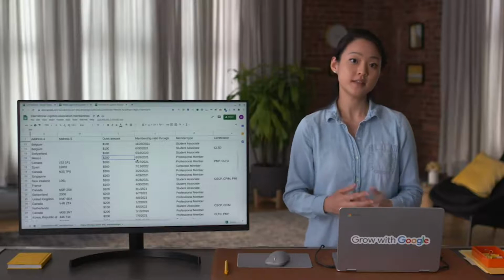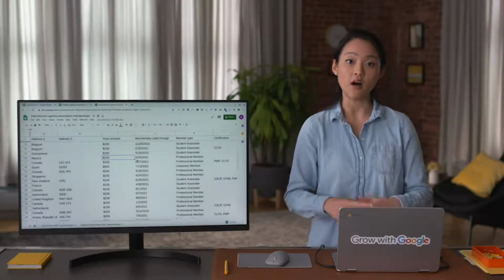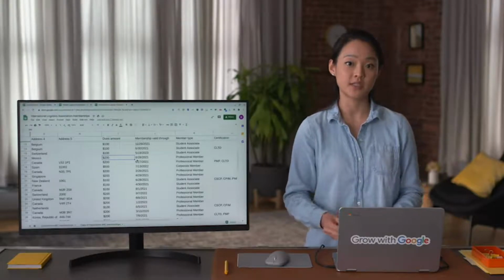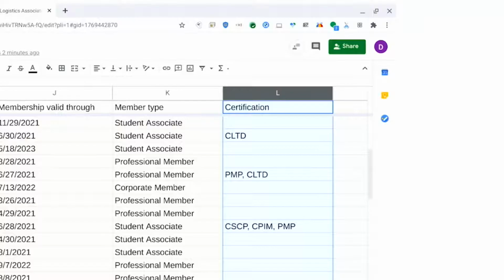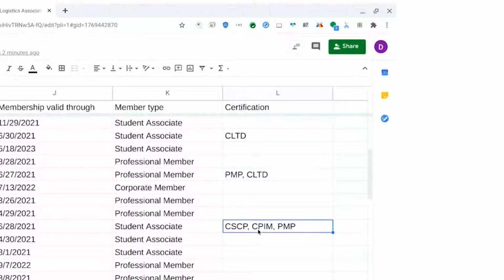So let's say this association wanted to analyze all of the different professional certifications its members have earned. To do this, you want each certification separated out into its own column. Right now, the certifications are separated by a comma. That's the specified text separating each item, also called the delimiter.